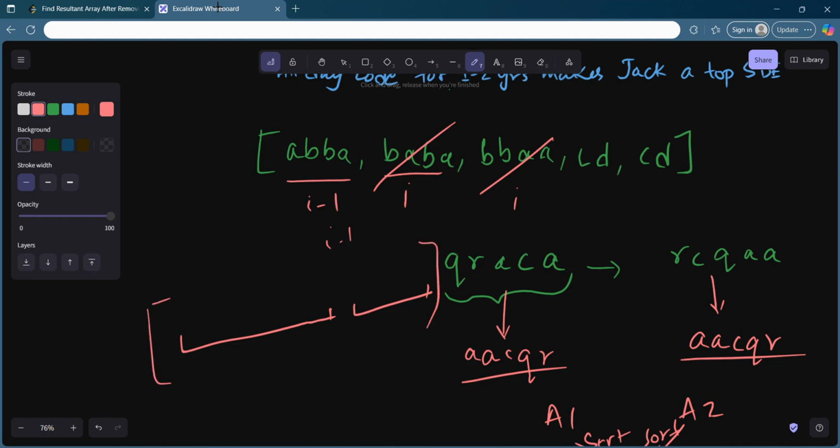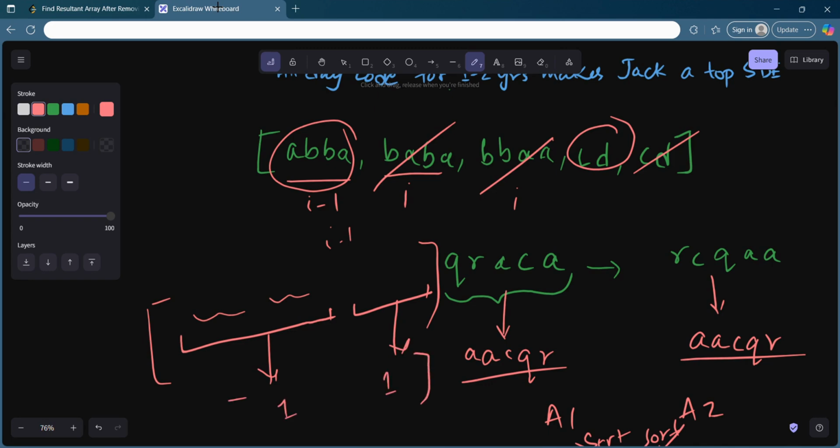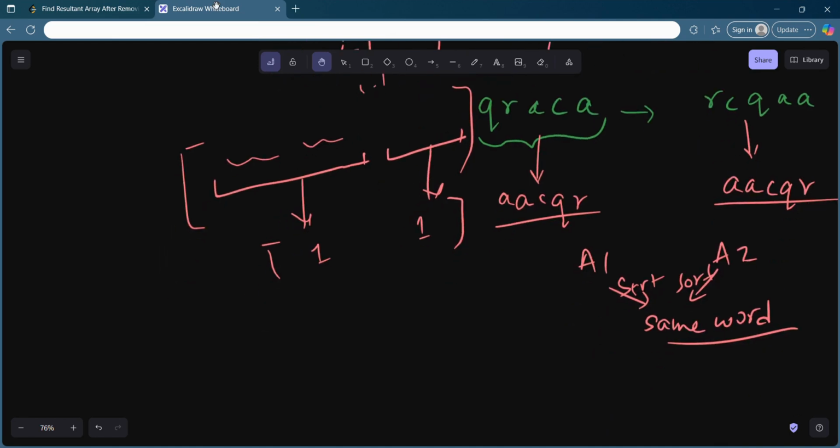Okay, so let's say some anagram is like this. So you can easily see that the first anagram will remain and the remaining ones will get removed. From each clump you will get just one anagram and that will form your final answer set.